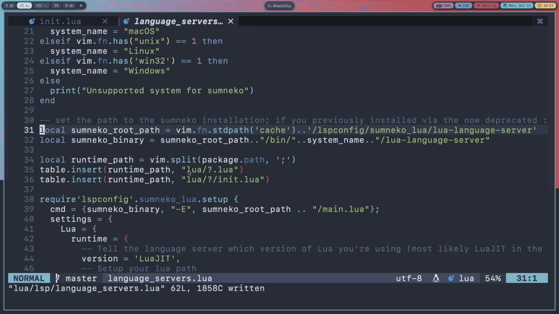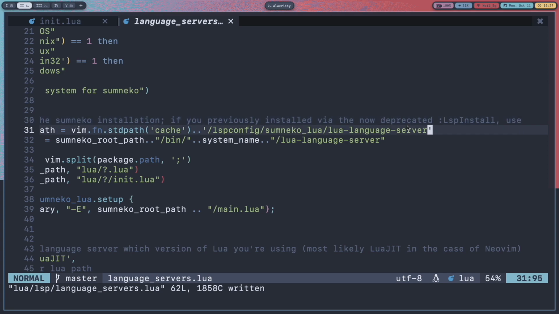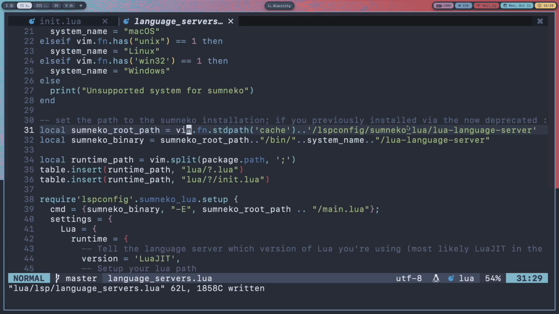Okay, now everything is there, and set the path to Sumneko installation if you previously installed via the now deprecated LSP install, but we did not use LSP install, so we are going to change the path.